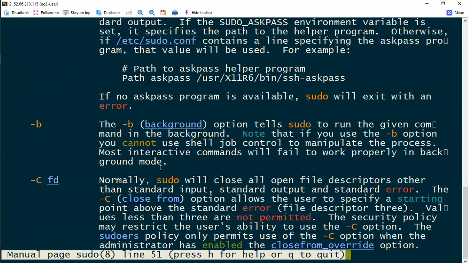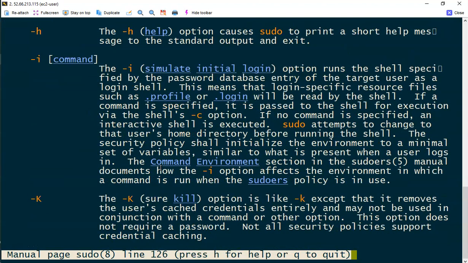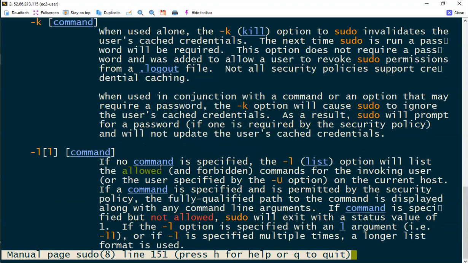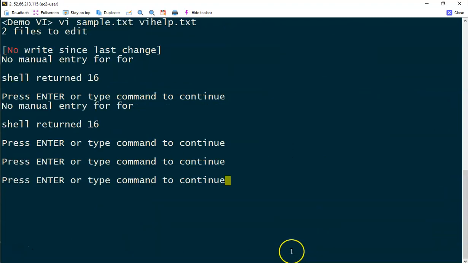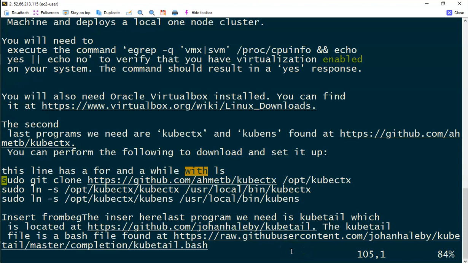It's very, very useful. I'm not leaving the editor. I'm within the editor, and if I want to look at a manual page for some of those system commands, I can make use of Shift K. Once you are done, you press Q, because that's what is specified here, Q to quit, and then press any key to enter, and you are still in your editor. In most situations, we don't want to leave the editor because there could be a lot of things stored in my editor as a buffer. I'll talk about that in a couple of minutes. So why should we not leave the editor, or what is the advantage of keeping in the editor itself?